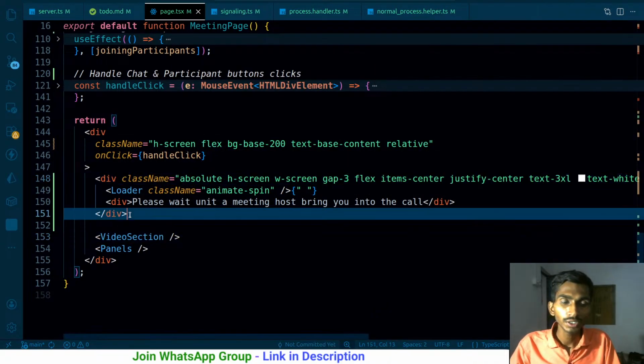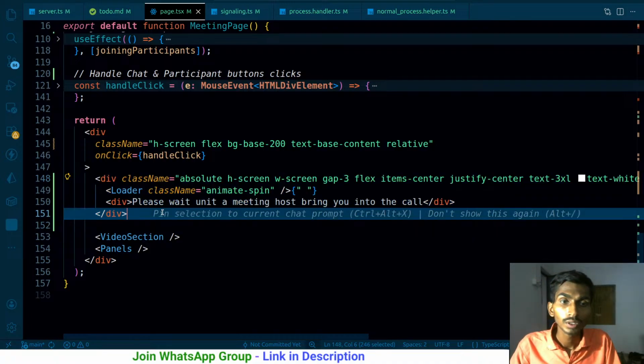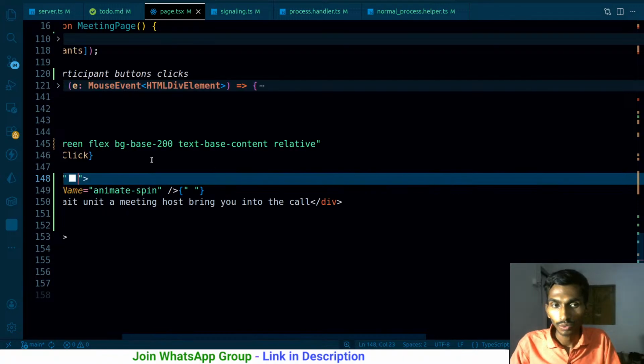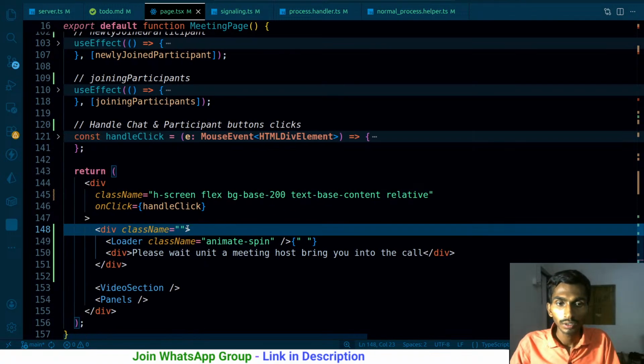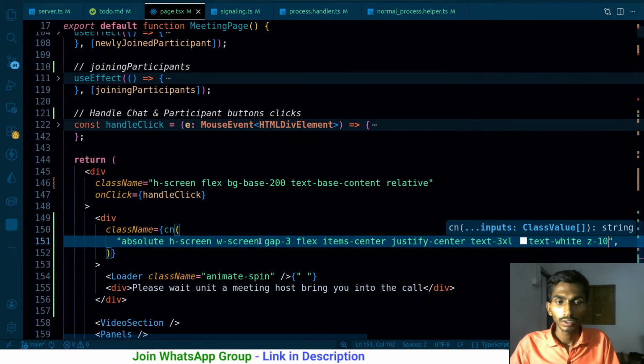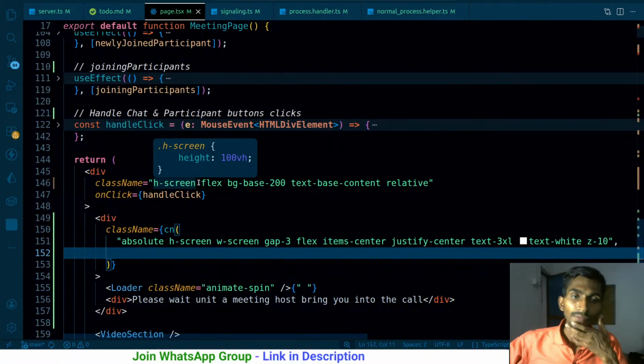By the way, this needs to be rendered conditionally. So what is the condition for rendering this? I'm going to be hiding it conditionally. So how am I going to hide it? I'm going to use this cn from shadcn for simply combining the styles. This thing is done. What is going to be the condition over here? The condition is going to be this is the current participant. If the current participant is not part of the others,